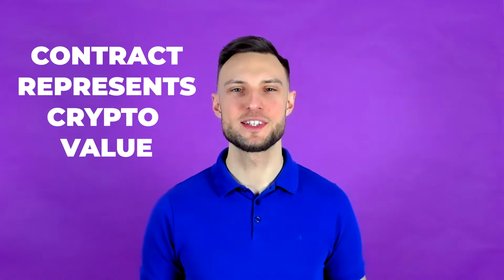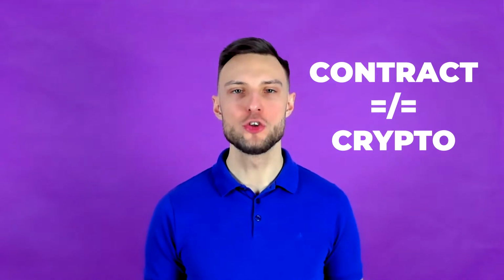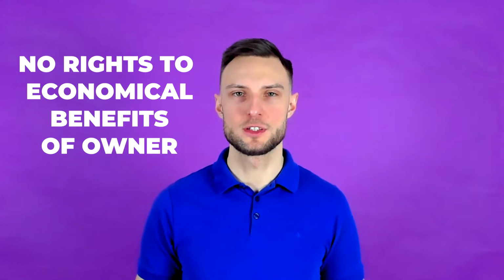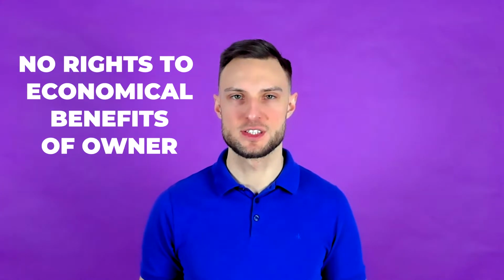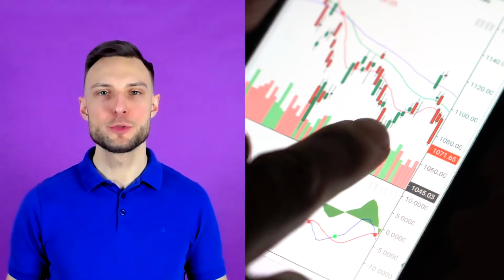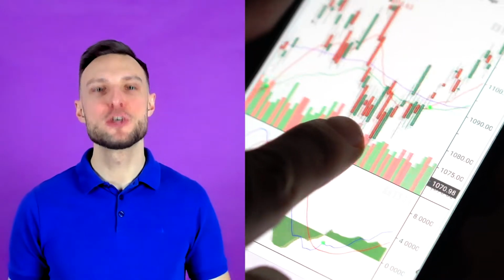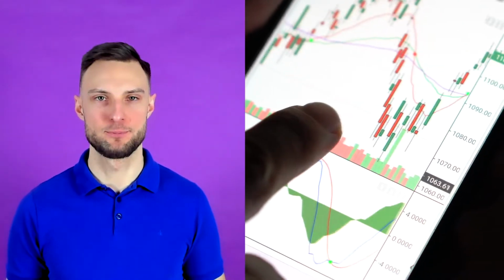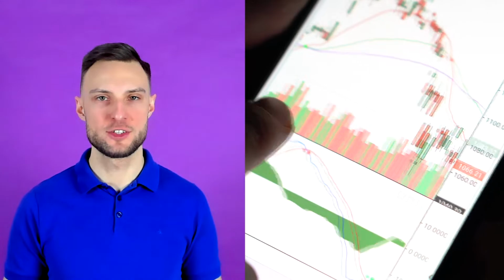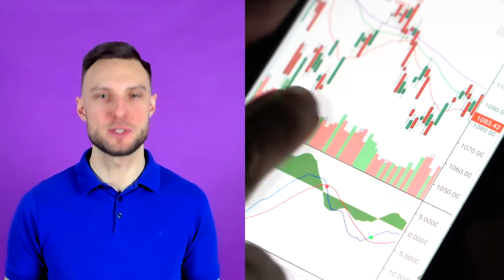In the futures market, you are buying or selling contracts that represent the value of a specific cryptocurrency. When you purchase a futures contract, you don't own that particular cryptocurrency. Instead, you own a contract with an agreement to buy or sell a specific cryptocurrency at a future date. As such, ownership of a futures contract does not reward you with any economic benefits such as voting or staking. Crypto futures contracts offer protection against volatility with hedging, for example, and adverse price movements on their underlying asset. Also, it is a proxy tool for traders to speculate on the future price of a specific cryptocurrency.